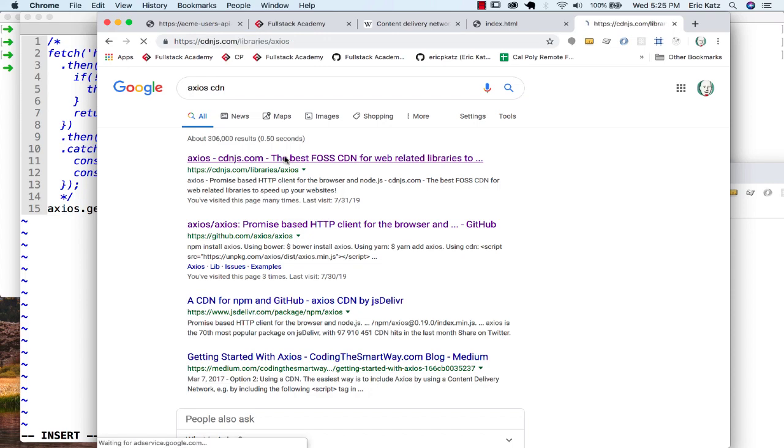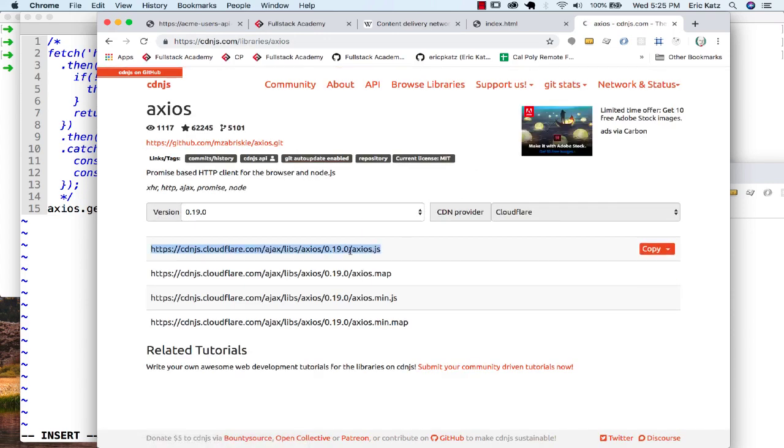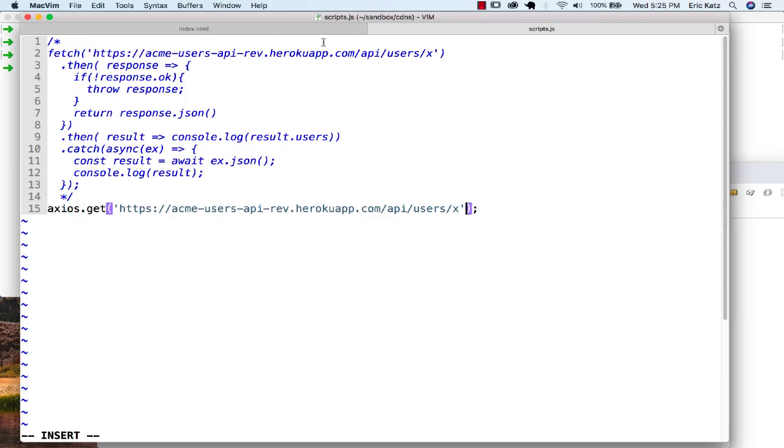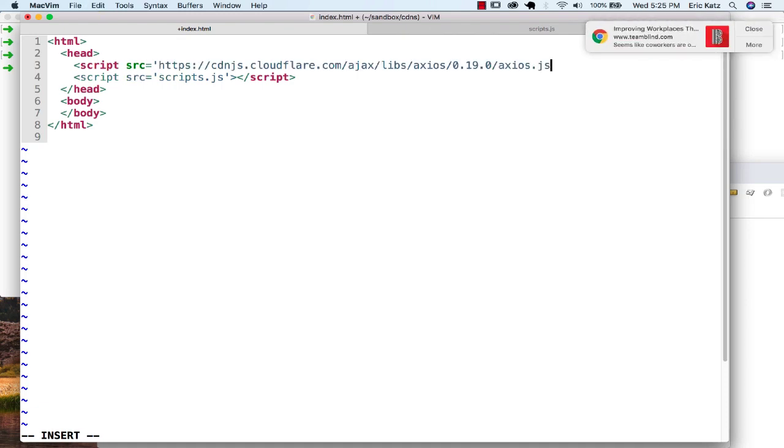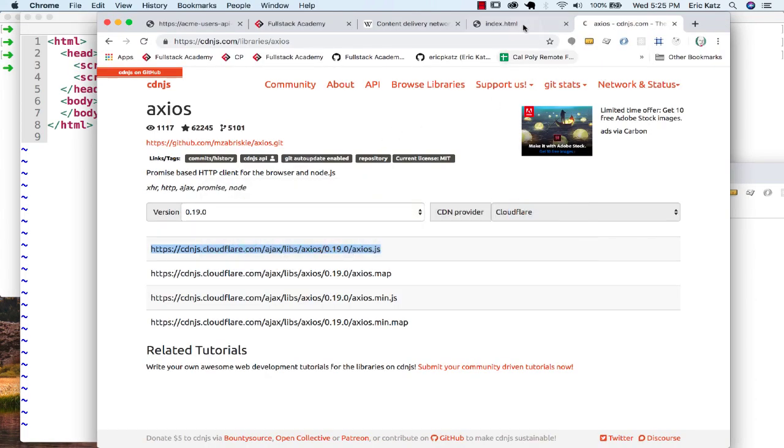And now if I click on Axios, I can end up grabbing this library. There's different versions of this library. Some are minified. There's some files here for debugging. But I'm just going to grab this top one, and I'm going to go back to my index.html page, and I'm going to bring this script in. It's important that this is above the other script over here. And I'm going to end up doing that. And at this point, if I go back here,